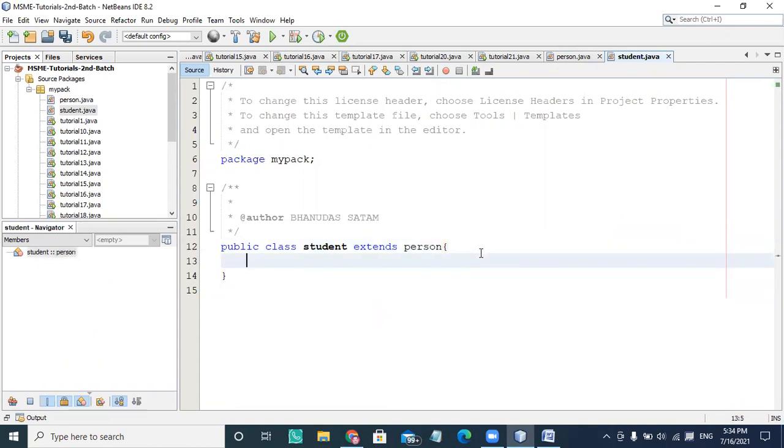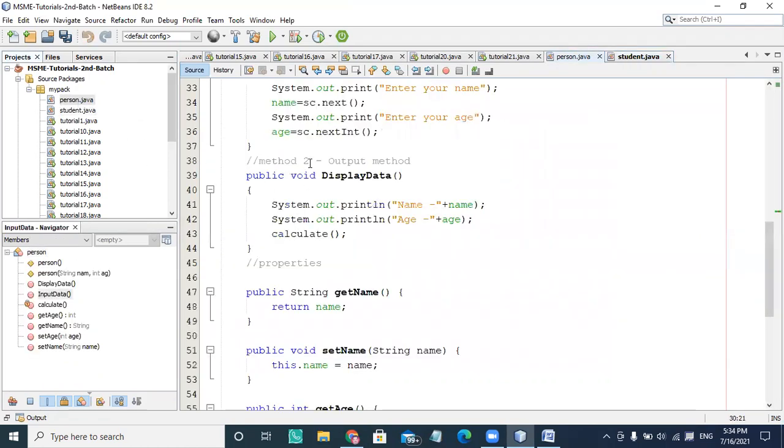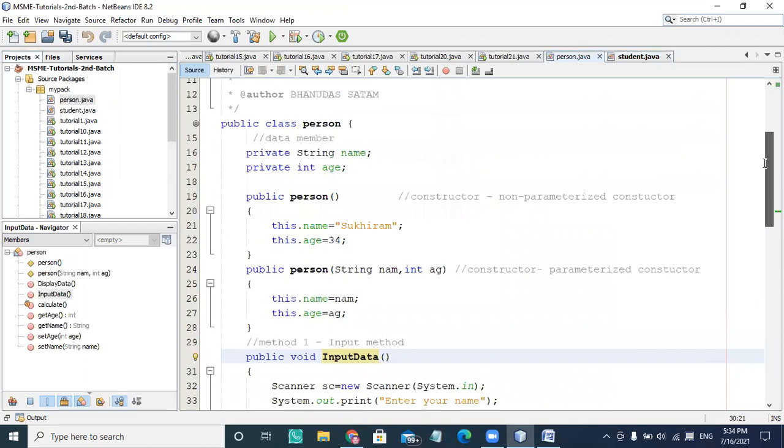Once you extend from the person class, you are allowed to use the constructors of the student class as well as the person class. Here I know the person class has two constructors, one parameterized and one non-parameterized, and it has two members, name and age.